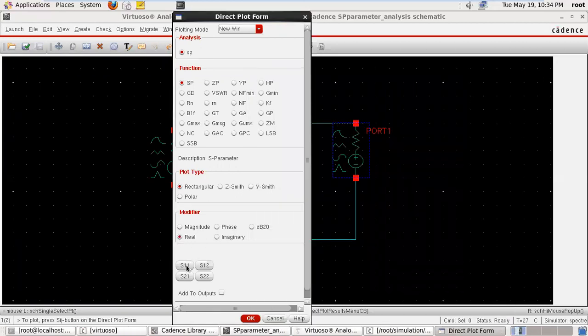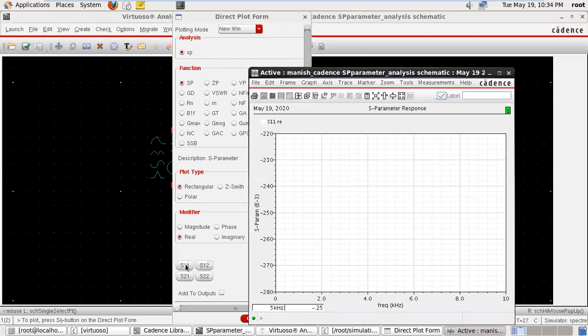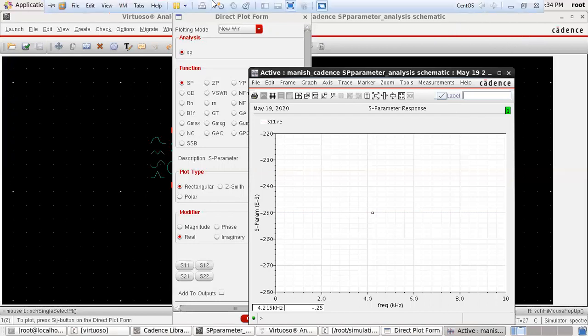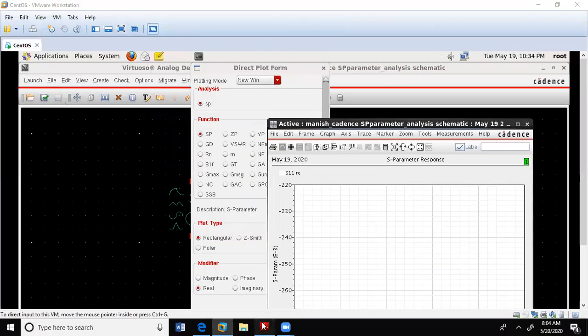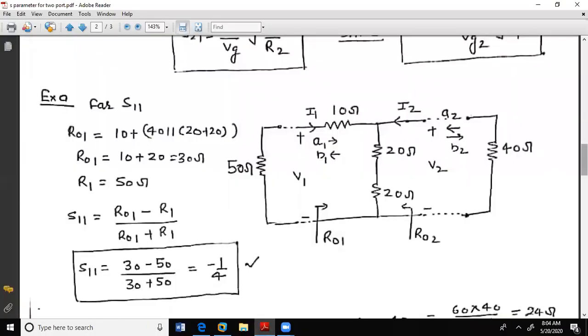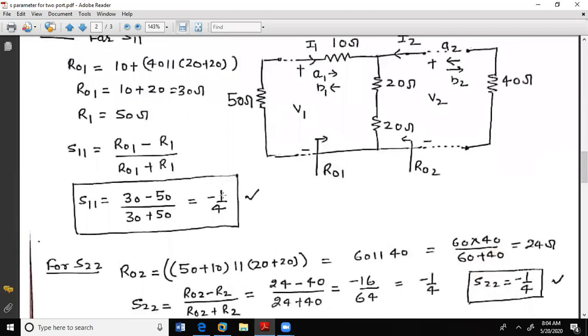The real value is minus 250 milli, that is minus 250 times 10 to the power minus 3, or minus 0.25. Now check this against the theoretical value. When we calculated theoretically, S11 was minus 1 by 4. So it is a perfect match with the simulation result.